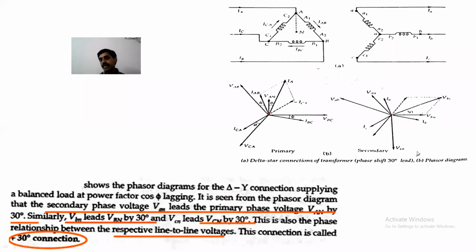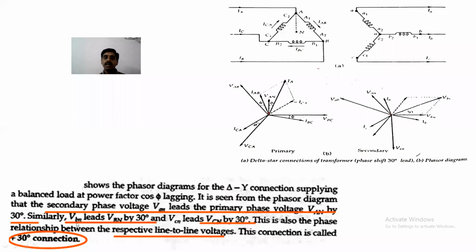If you take the star side, you know the phasor diagram, how it would be, the voltages, and line current is equal to phase current. You can observe there is an angle difference between these two, voltage and current, the lagging power factor angle. You can get the resultant voltage. It is due to these two voltages. This is one voltage, and the voltage is this one. The resultant voltage here. So this is a delta star connection with 30 degrees lead.